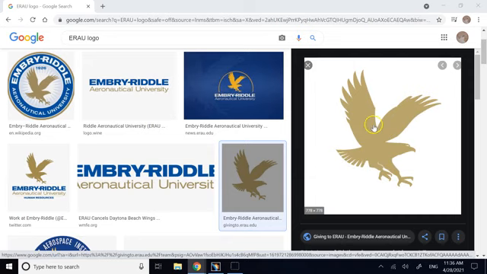Here I can show you an example. Let's say you are an ERAU student and you like your school, and so you want to make yourself a keychain using the ERAU Eagle, right? So how can you design the CAD model for this? Well, I don't think you can find the CAD model of the ERAU Eagle,